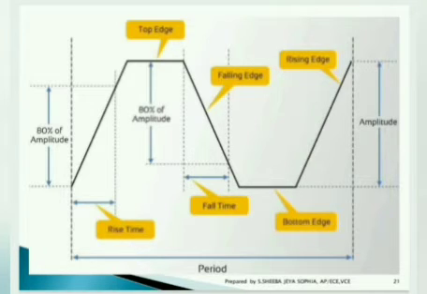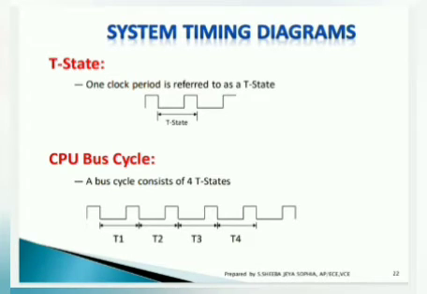The maximum peak edge is referred to as the top edge, and the maximum dropped edge, the 0 level, is said to be the bottom edge. Fall time is very simple: the time taken for the signal to drop from maximum to the 0 level, that is 80% of that amplitude, is said to be fall time. The increasing edge is said to be the rising edge, and the decreasing edge is said to be the falling edge. The x-axis refers to the time period, and the y-axis refers to the amplitude of this signal. So here there are some basic terms you can learn.